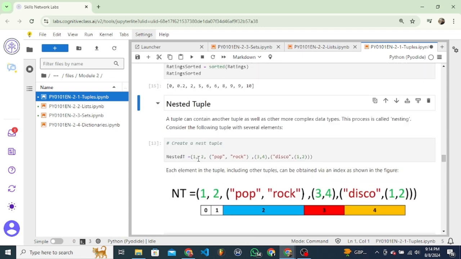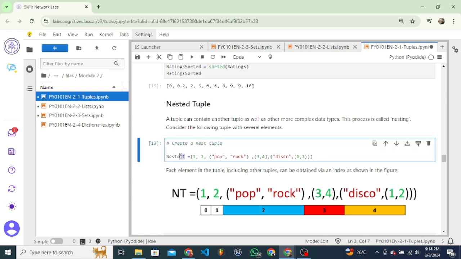As you can see here, if you check this, you will see that this is an integer, and this is another tuple that has been nested within the nested T tuple, right? You have another tuple, and within this tuple you have a string and you have a tuple within it, right? So now if you want to access, let's say, rock within the entire tuple, what do you think you're going to do? So first of all, you're going to use,